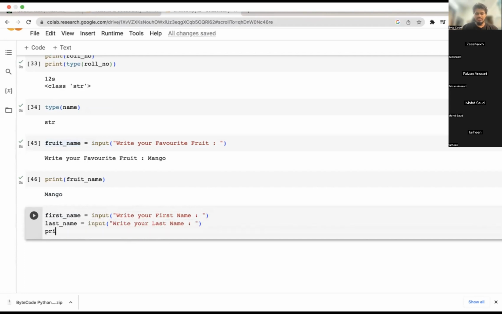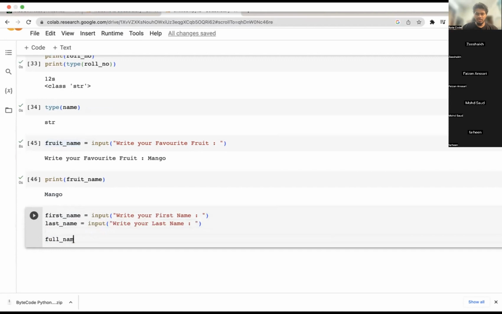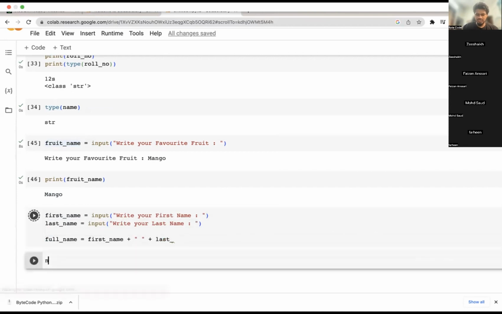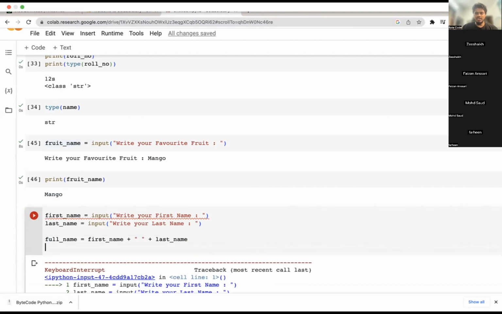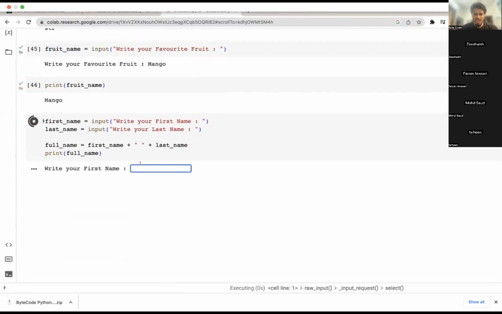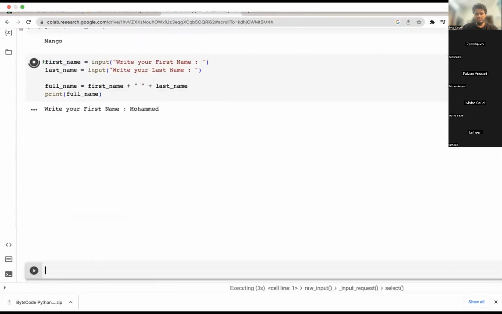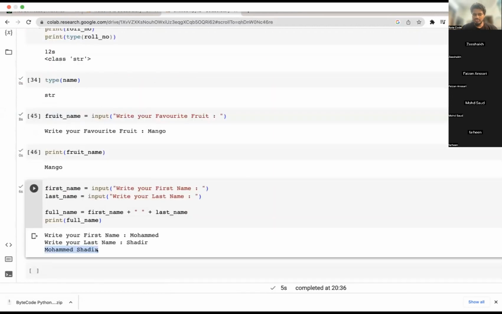Now I can even define a third variable, full name, as first name plus space plus last name. Sorry, I can stop it if required, since I didn't complete the code. Now if I run it, it will ask for my first name. I can say Mohammed, and I can say Shadir, and it will automatically print out my full name.